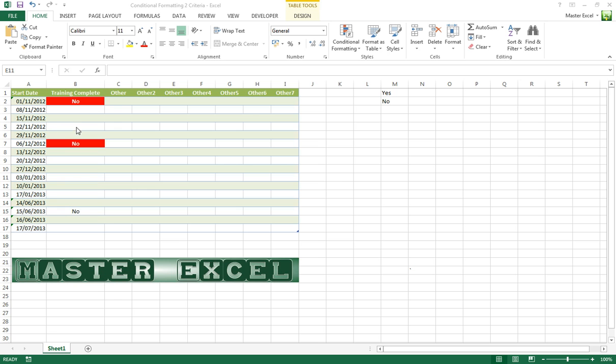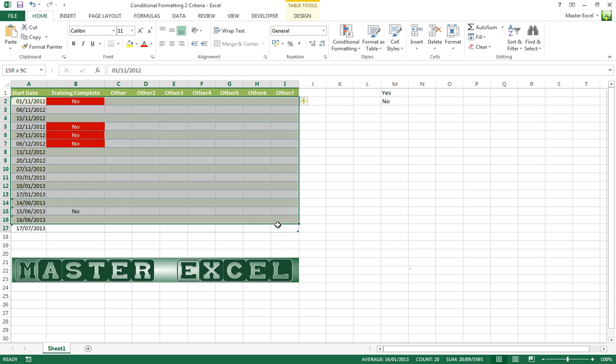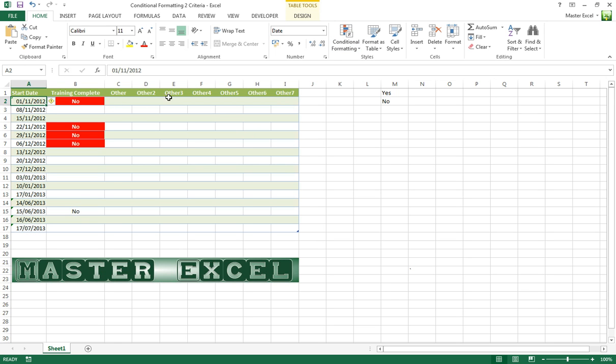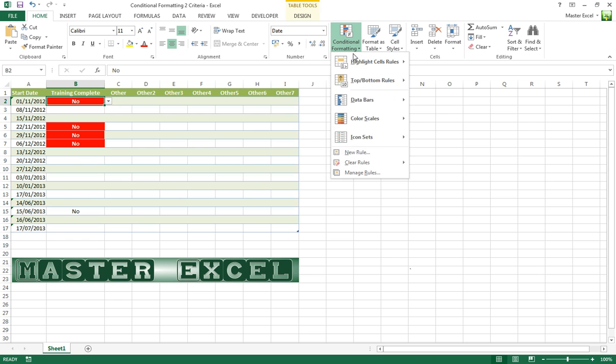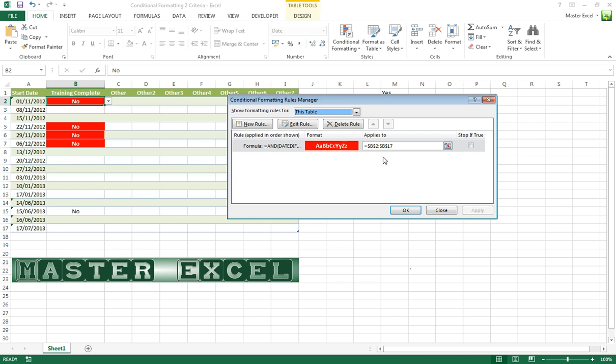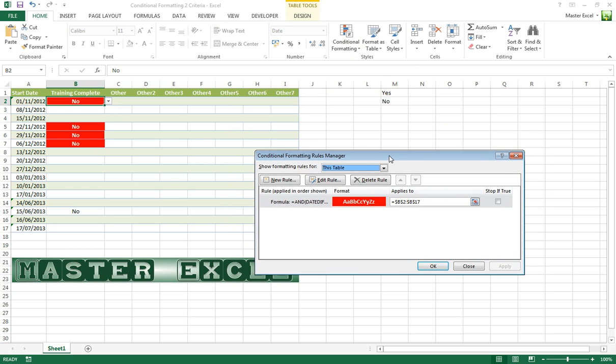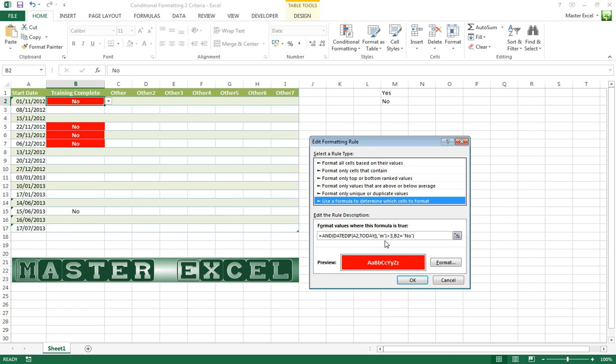So we now have our data validation here. Now this highlights just the cell in column B. If you wanted to highlight the whole row, you just simply adjust the formula slightly. So we highlight any of the cells, go into conditional formatting and manage rules. Now if we edit the formula,